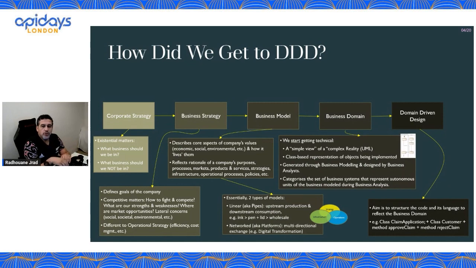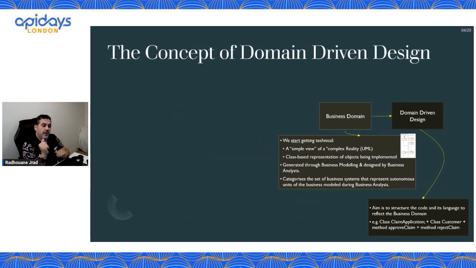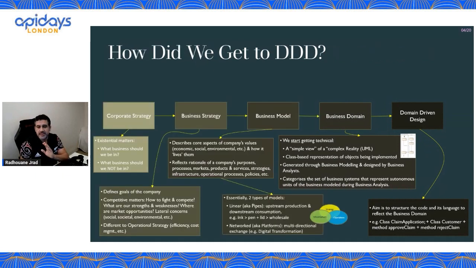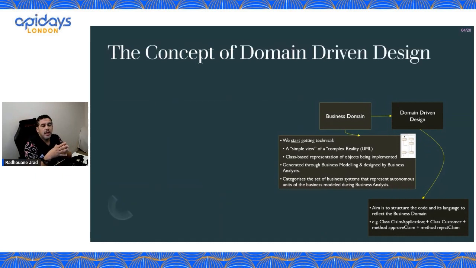So the idea is to structure the code, the solution, the design by domains. The right side of what I showed, which I go back to very quickly, is what constitutes the realm of domain-driven design. As an architect or as a designer, you don't worry too much about the corporate strategy or business strategy. They have already reached the point where they have a business domain that is well described in different domains and different characteristics of these domains. So this is effectively the corner where we deal with the business, with domain-driven design.